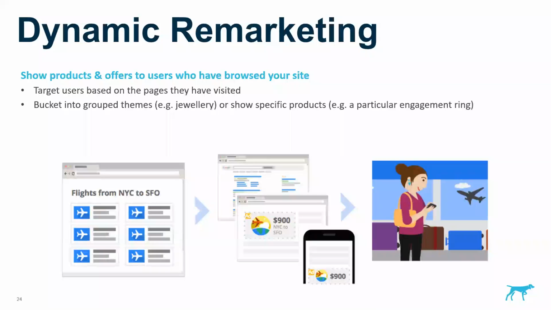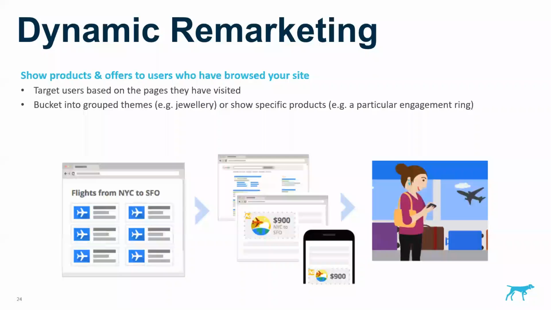These can either be a specific product, like in that example. Often carousels are used where I'll show that product and other ones you've looked at in the same session, or other similar products. Or they get bucketed into group themes. So it'll see that you've been looking generally at jewelry on a website. So they'll come back and show you either slides or a number of different display ads, usually for a limited amount of time, because if you haven't bought it by that point, it's unlikely that you'll buy it after another week or two. But that again depends on the value of the product itself.